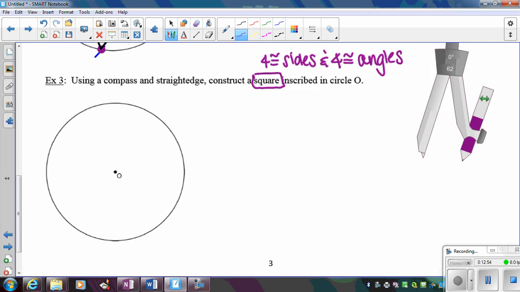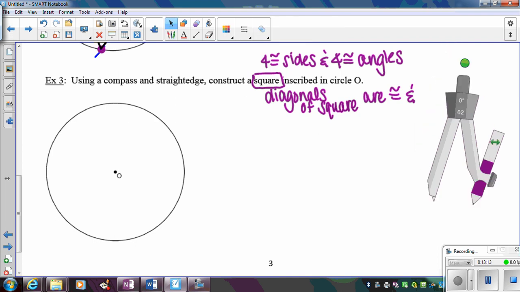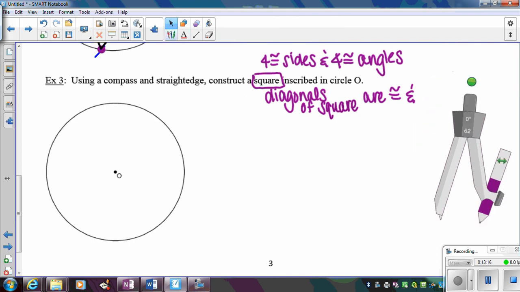For this one, we're going to construct the diagonals of a square. If you know anything about the diagonals of a square, which we'll really talk about later on in the year, the diagonals of a square are congruent and perpendicular. So we're going to basically use that information